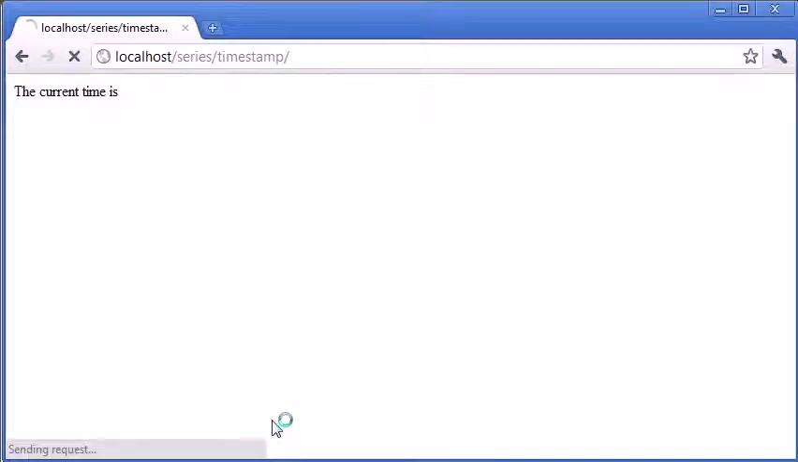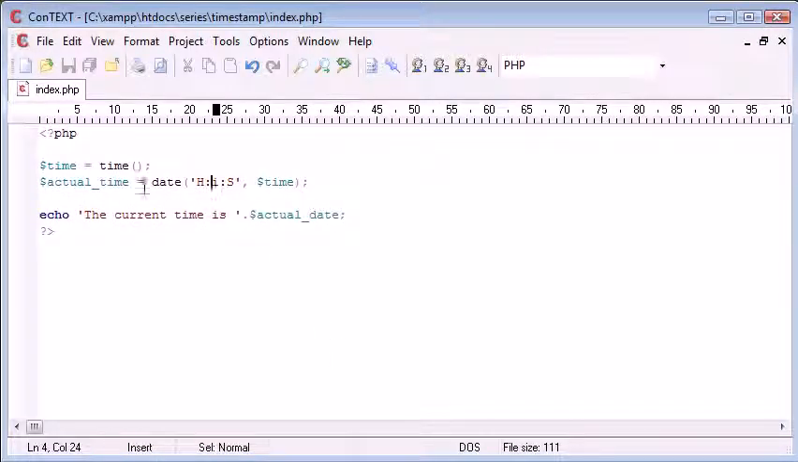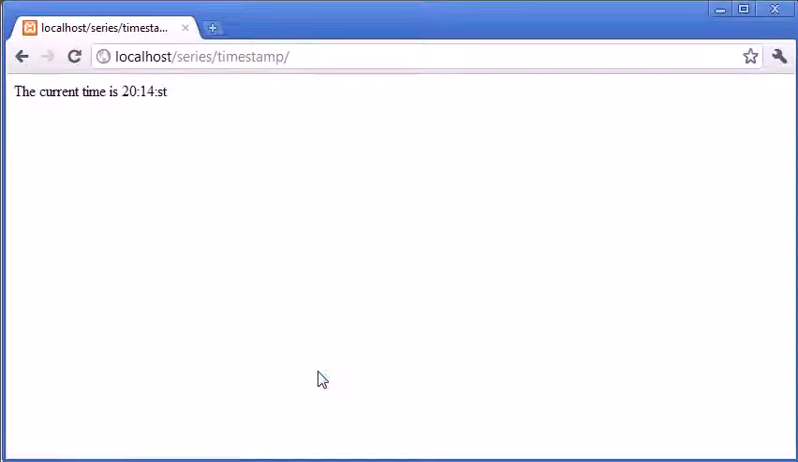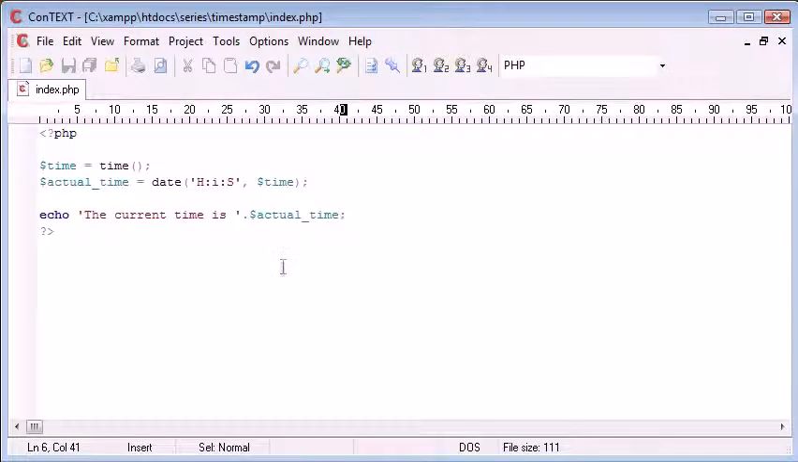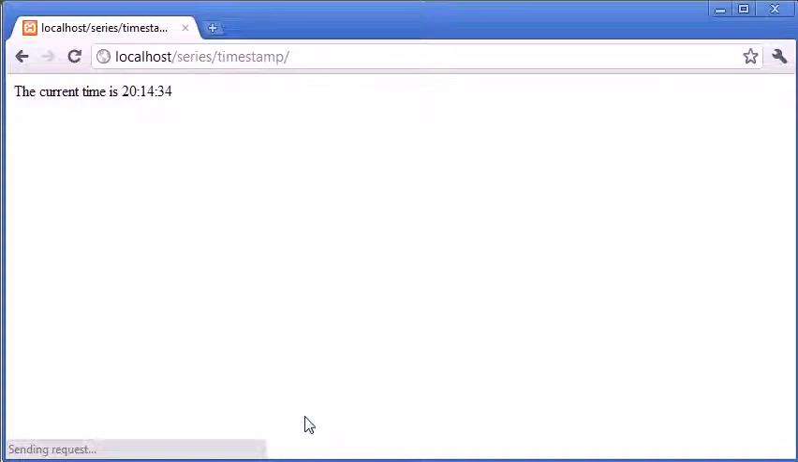Let's refresh, and you can see what's happened. Oh no, what's happened? Okay, that's because I've put actual date instead of actual time there. That's my variable naming wrong. So let's refresh and we'll see what's happened. Oh, we've got ST there. Oh, that's a small s. Refresh. So, okay, now we're showing the current time is